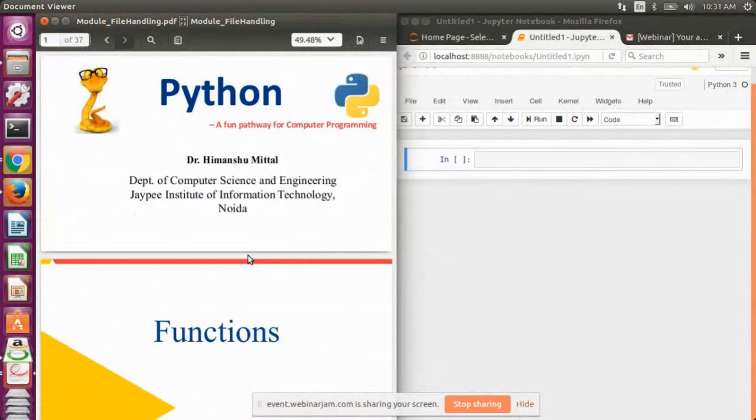In today's session, I will be talking about how we can define functions, what syntax we use in Python to define a function, and what the various options are while defining and passing arguments. We will also see how we can use functions with plotting. We will take some examples of plotting and see how we can use functions along with the matplotlib library. So welcome, you all.